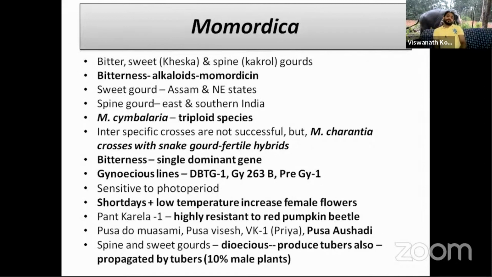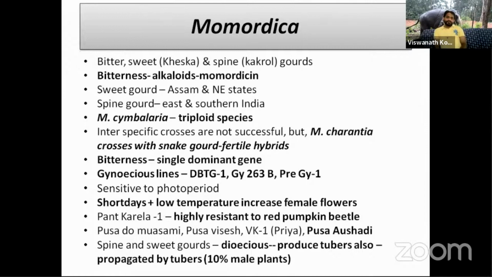So, Momordica types. There are three types of Momordica: bitter gourd, sweet gourd, and spine gourd. Bitter gourd is Momordica charantia, sweet gourd is Momordica cochinchinensis, and spine gourd is Momordica dioica. The bitterness is due to the presence of the alkaloid momordicin. Sweet gourd, commonly known as kakrol, is grown in Assam and other northeastern states, whereas the spine gourd, known as kartoli, is grown in east